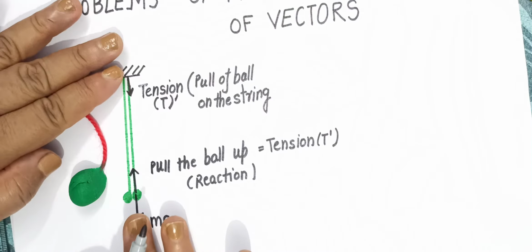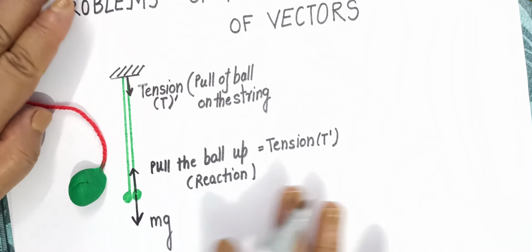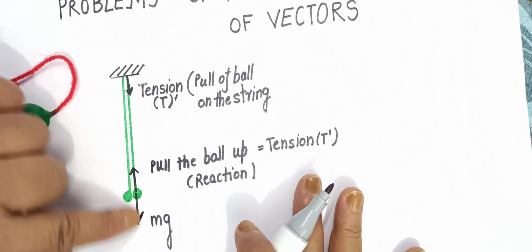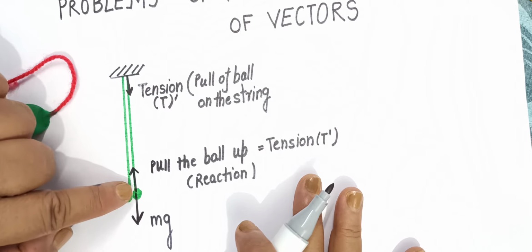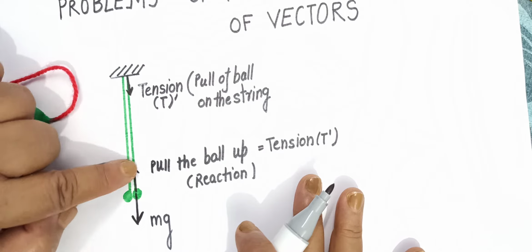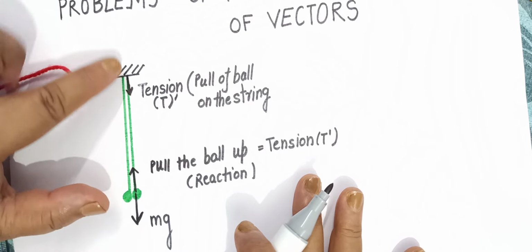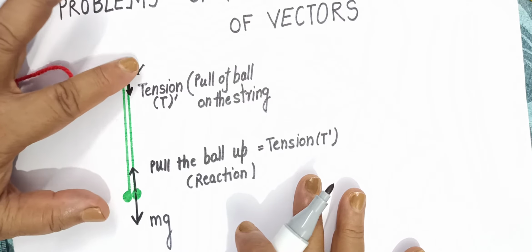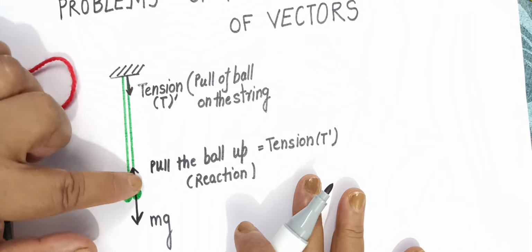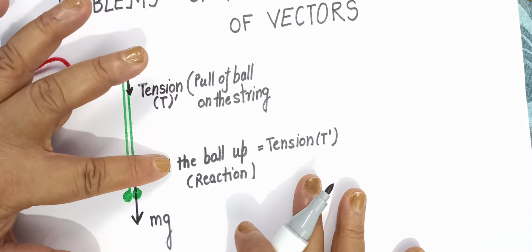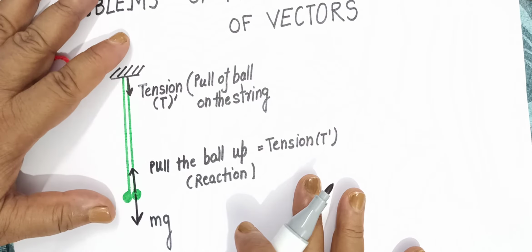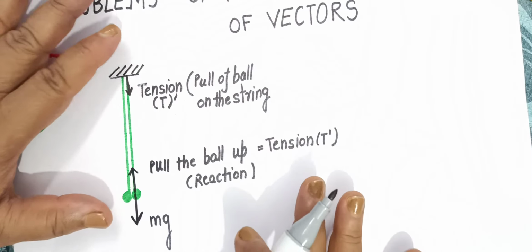So this is what is happening in this mechanical system. Simple case. The two forces are acting on the ball: the gravitational force vertically downward and the pull of the string vertically up. The ball is experiencing these two forces only. But this force is experienced by the point of suspension, and since these two forces are through the string, the tightness of the string, these two forces are called tension, and they are action and reaction, so they are equal in magnitude also. Now what happens?